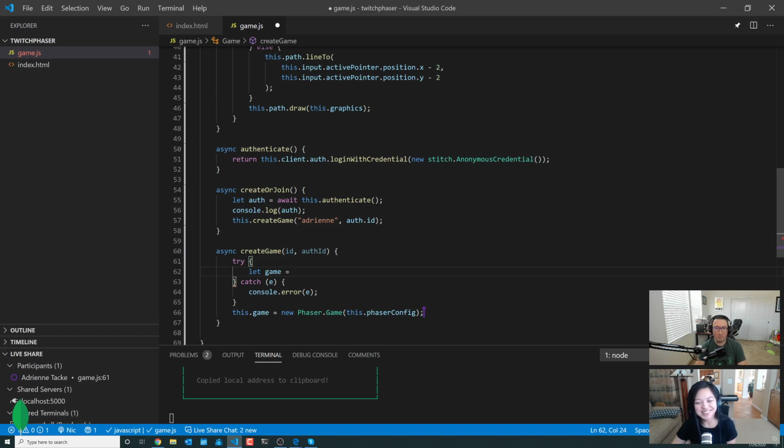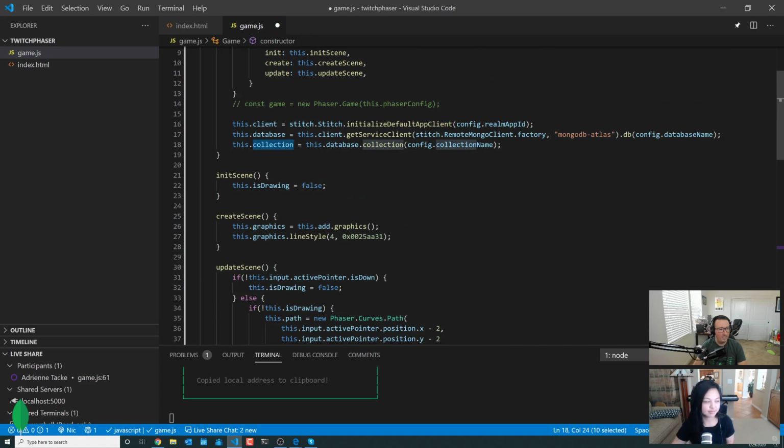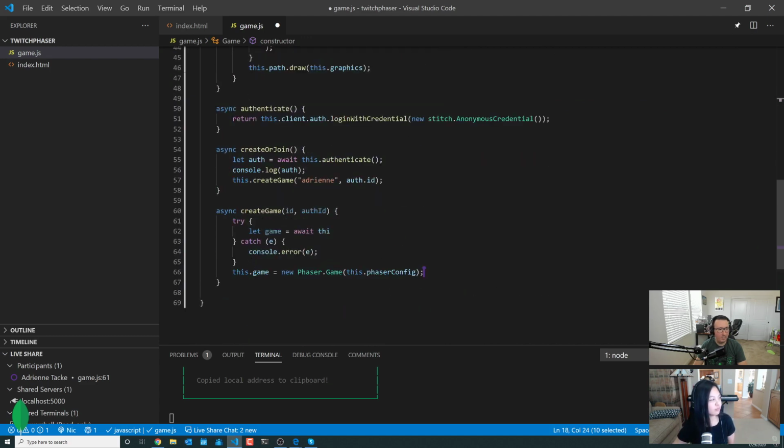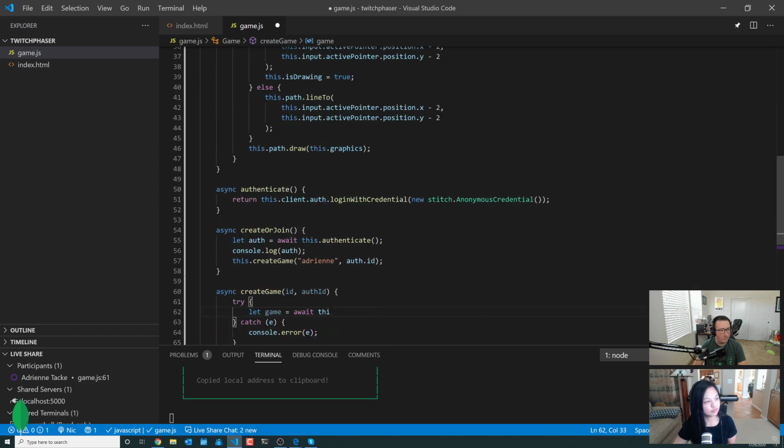We'll find out. Oh yeah, we're probably gonna have tons of errors at some point in time. That's just the nature of the game, right? Yep. So we have collection right here on line 18. So we should be able to use it, I think. Yes. We may have a scoping issue, but we can worry about that when it comes. Let's check it out. So this dot collection, and for the collection we can say dot insert one.